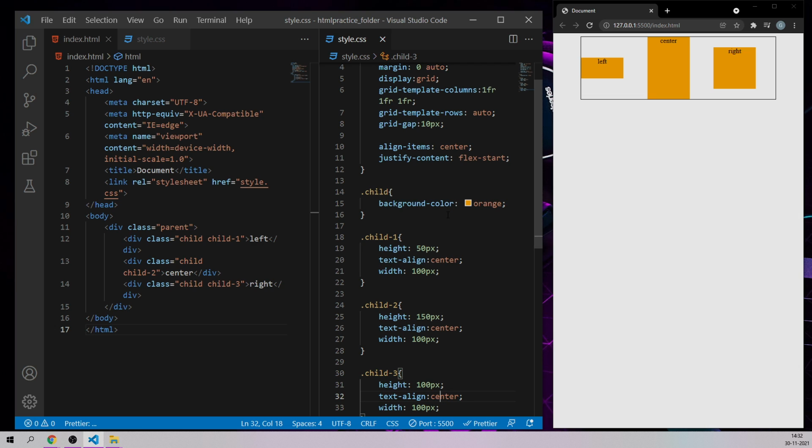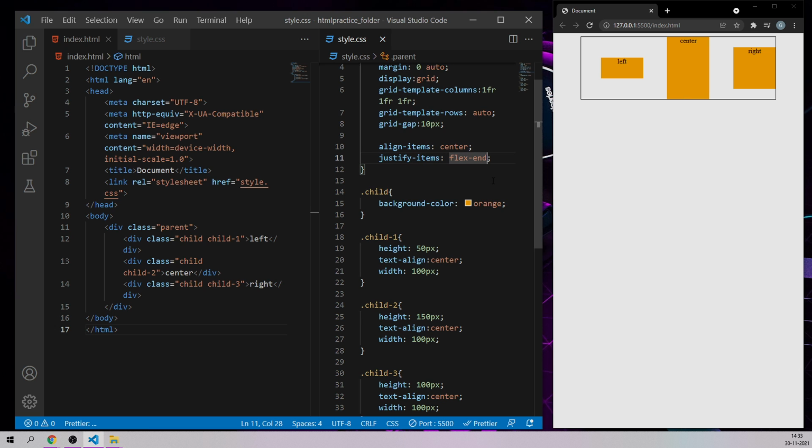And if I say flex-end, it's going to move towards the right side. Justify content, or you can use this also, justify items. As you can see, it has moved to the right side of the page.